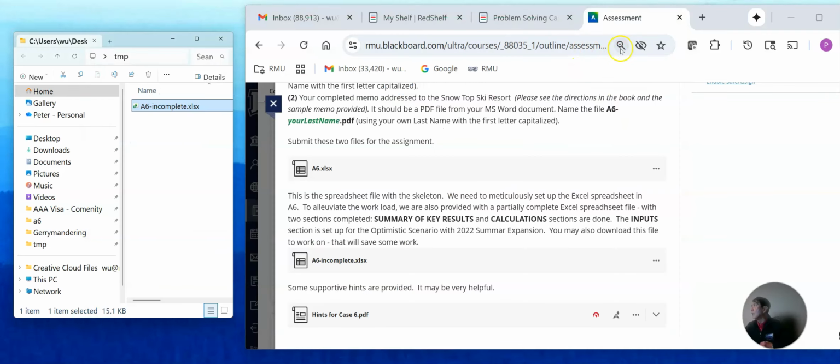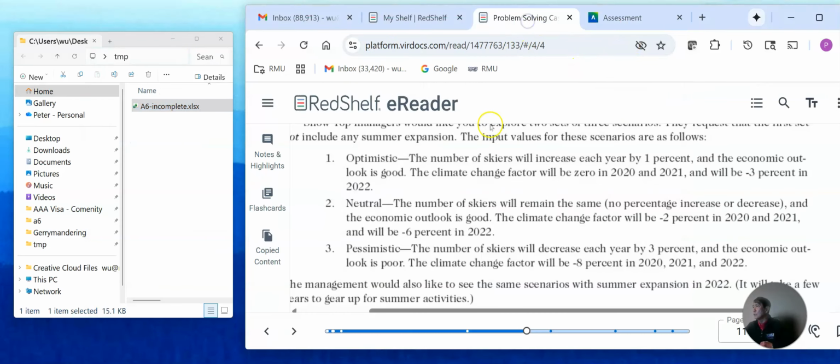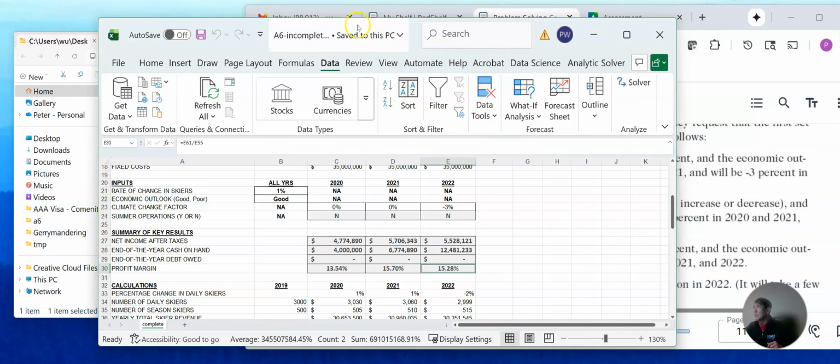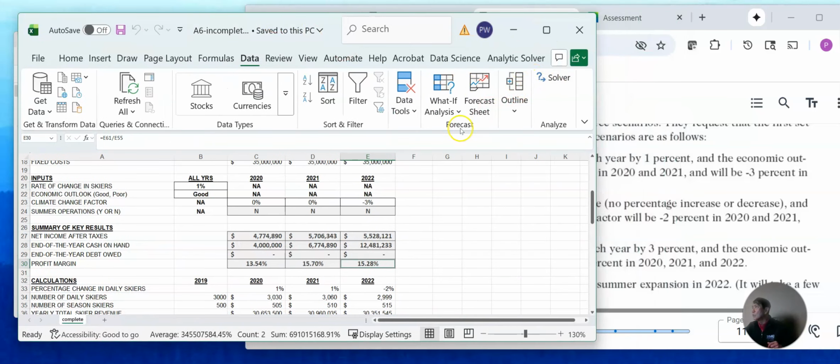Before I do that, I want to bring up the book to show you that part of the book telling us to set up 3 scenarios, and these are the ways that we want to set up that data. So let me get back to the spreadsheet here. So we go to scenario manager,